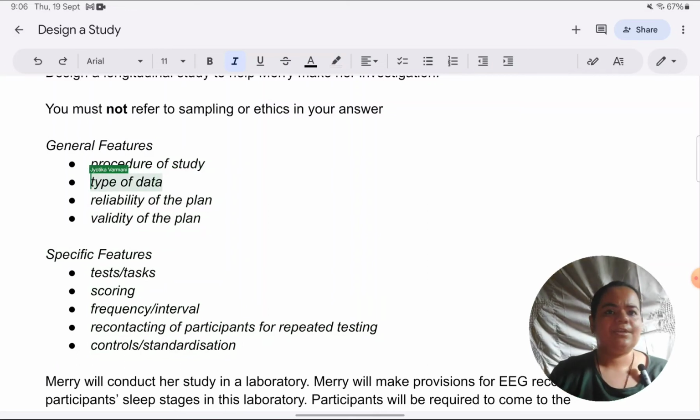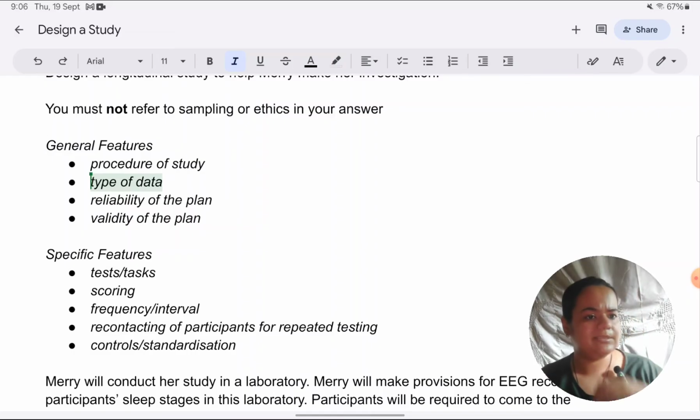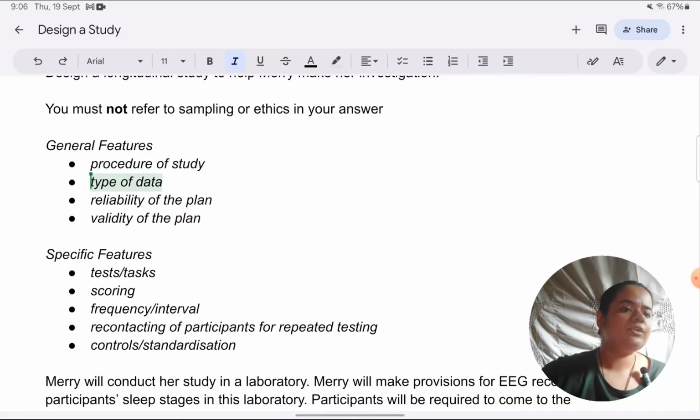Okay, many students try to cover A levels features also in their plan. So in A levels, you also have to talk about aims, hypothesis, analysis of data, but that all is for next year. This year, when you're planning the study, please stick to the features given for AS level. So they've asked you to cover type of data. They have not asked you to explain how that data will be further analyzed, except for the correlation studies in which the specific feature is to talk about the scatter graph and type of correlation.